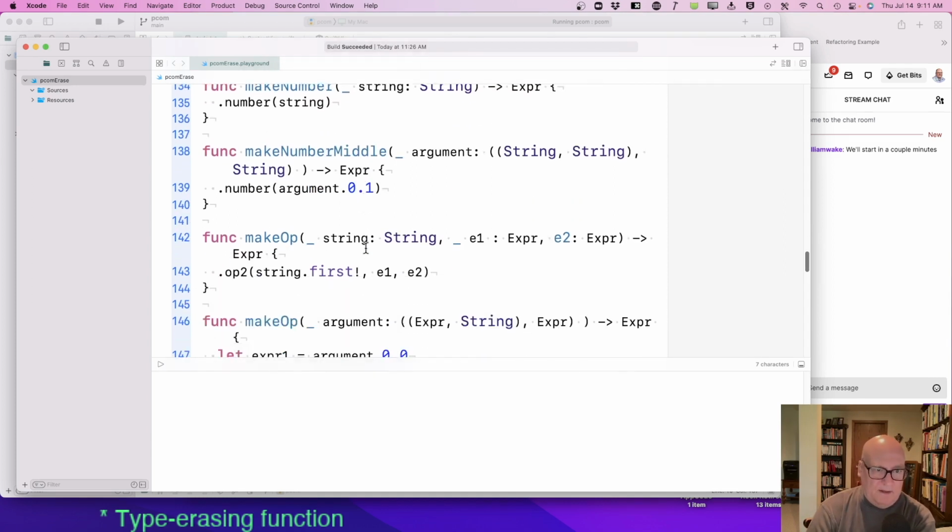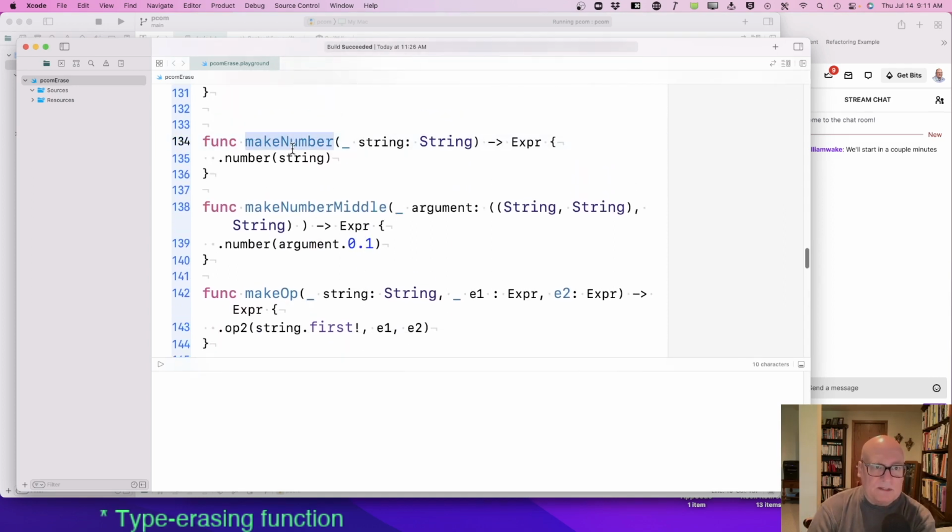All right, and now a couple helper functions: make number, give me a string, which is really just a digit at this point, and I will wrap it up in a number. And then this make number middle is, if you give me a string, string tuple with another string tuple, I'll produce an expression by pulling out this item.